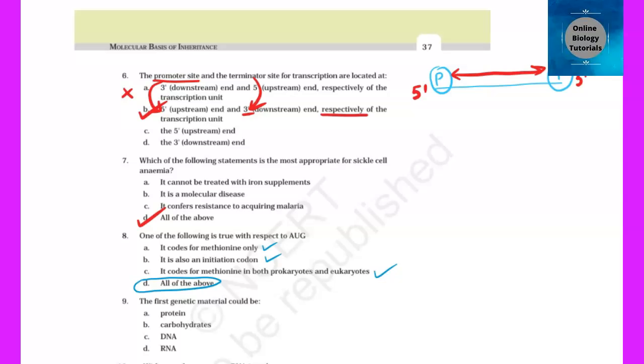Right? Question number 9 says that the first genetic material was RNA only, and we have read that the first organisms that came to the earth had RNA. Now, in evolution, the thing that is stable proceeds further, because RNA was unstable. Why was RNA unstable? It was because of its ribose sugar, because it had a hydroxyl group at the C2 position, which was responsible for its instability, and that is why DNA was chosen as the genetic material, and most of the organisms on the earth have DNA as the hereditary material.